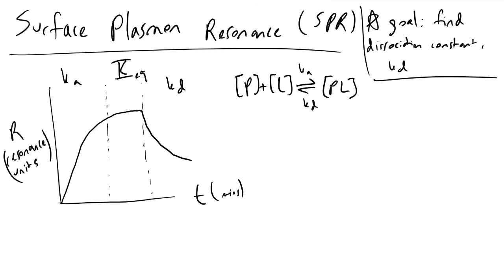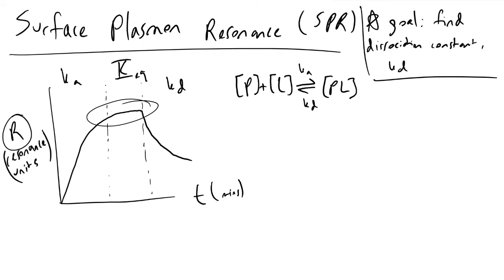And so what we get out of an SPR machine, the raw data that we get out, is this plot that tells us how R, a resonance unit, is evolving with respect to time. And so what's happening in the SPR machine is we are flowing a constant concentration of ligand or protein through a matrix that has our protein in it. And what happens is the binding sites are becoming occupied, and once all of the binding sites become saturated, when they're all full,